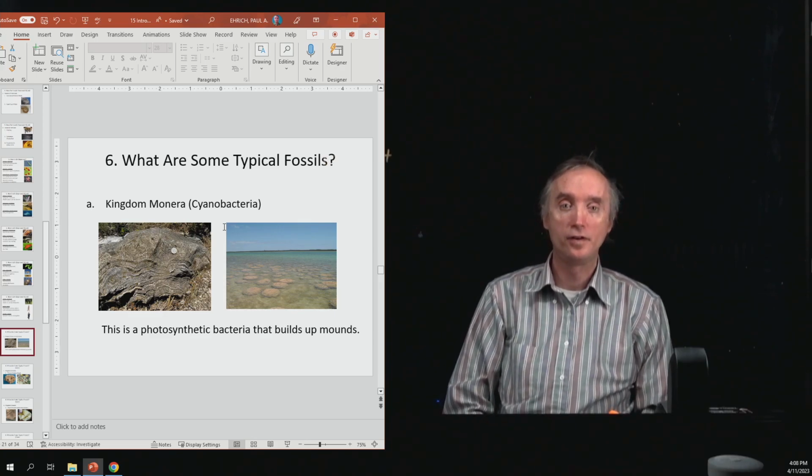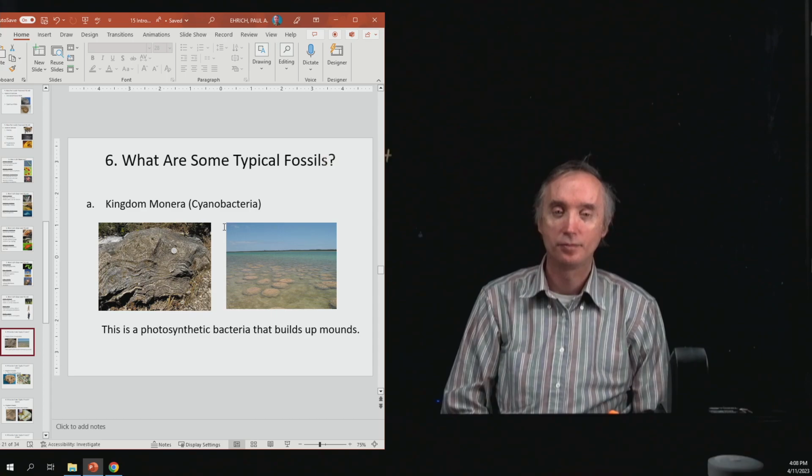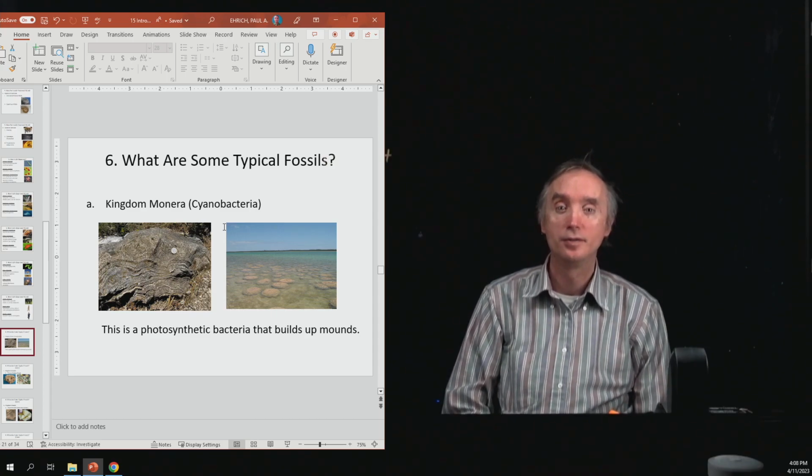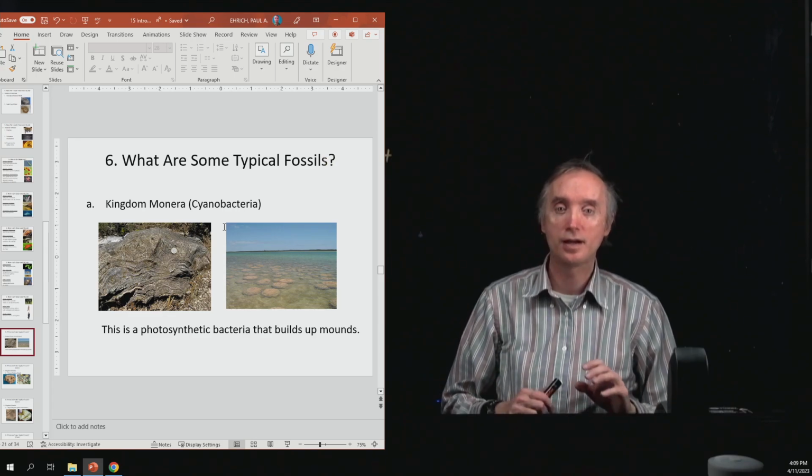So what are some typical fossils? One is going to be bacteria. Now you might think that you would never be able to find fossilized bacteria because bacteria are microscopic. Well, you're right, but we can find the mounds that they made. So these things are a kind of